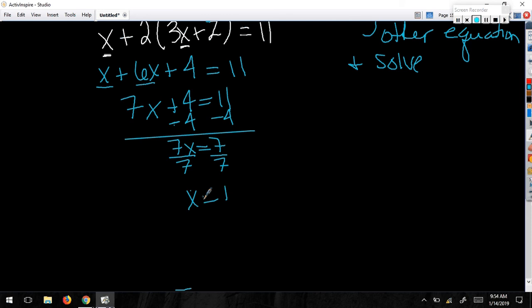That is absolutely right. Now remember, when we were solving by graphing, our answer was a point. And a point has an x and a y. So I'm missing the y, right? So now what I have to do,